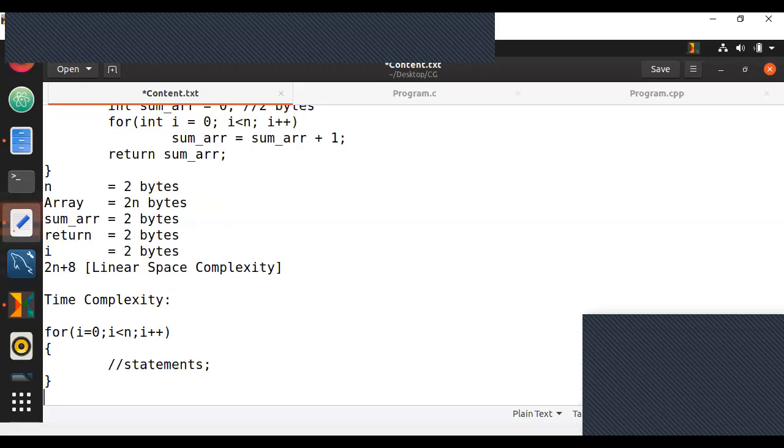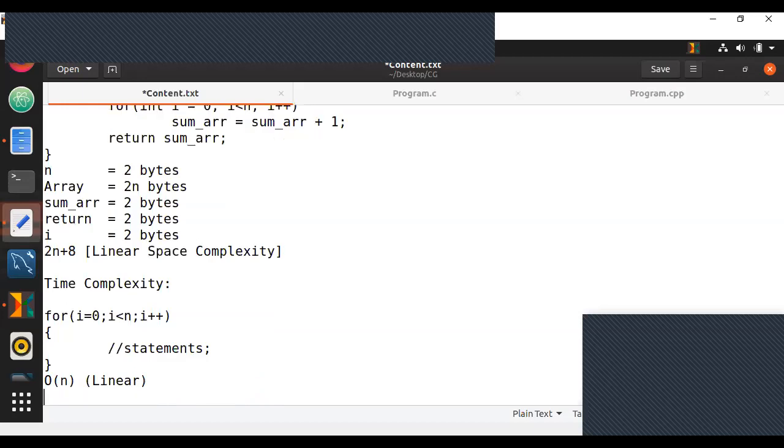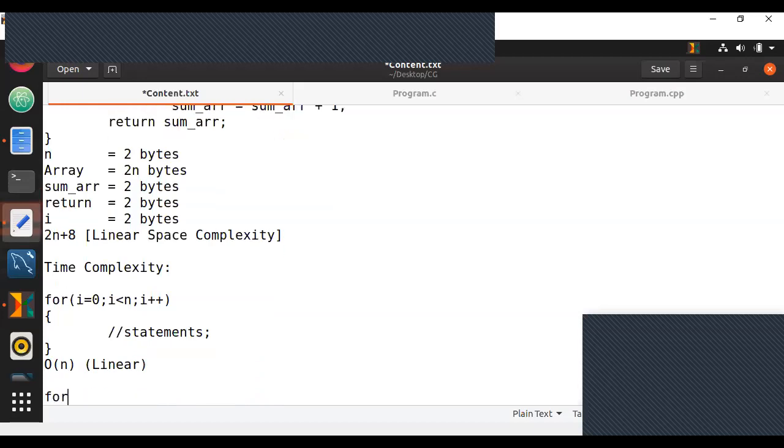So its worst case time complexity will be big O of n because n times the statements are executed, or n times the operations are performed. So essentially, easily you can say it is big O of n. You can say this is linear. For every increment in n, the number of operations linearly will increase. Now, instead of this, if I take, let's say, something like this,